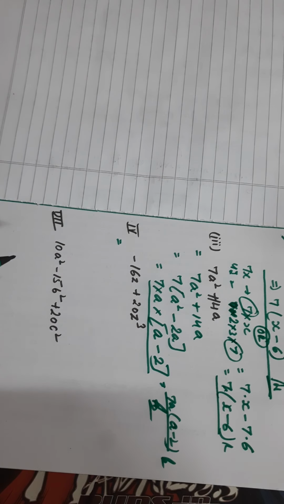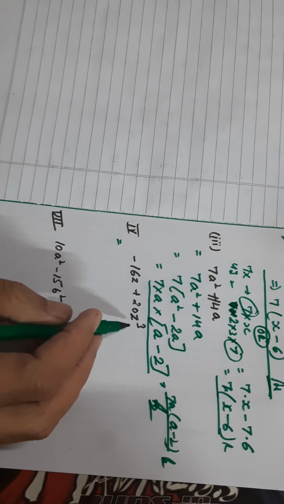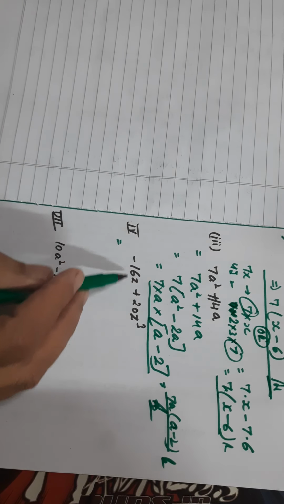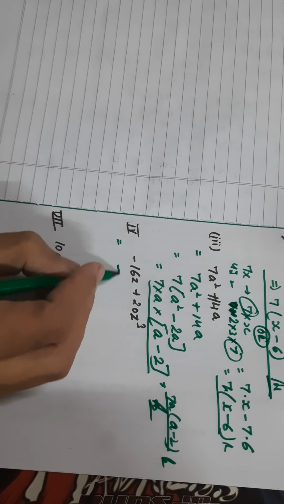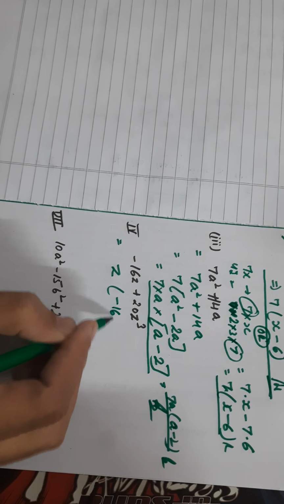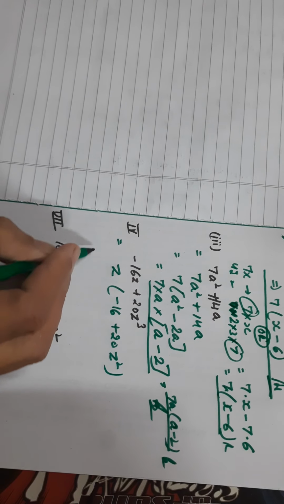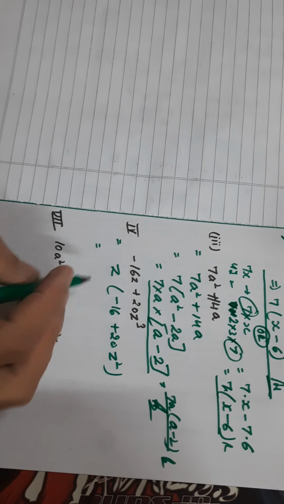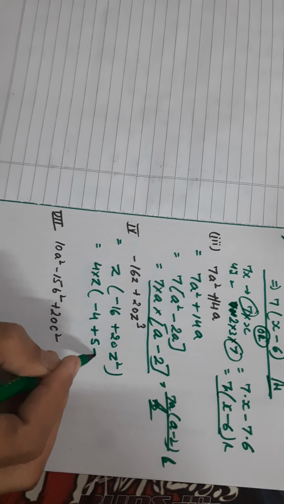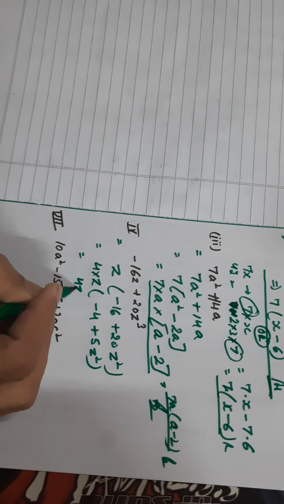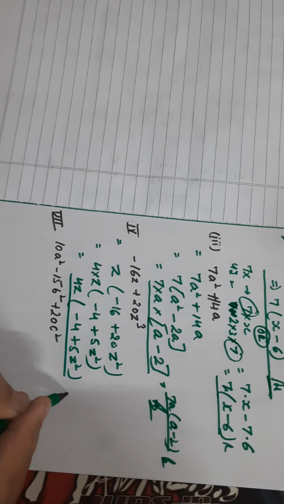Now the fourth part. It says minus 16z plus 20z cube. Now from the factor you can see minus is not common to both of these. You can easily find the variable z. First of all take the variable z. It is minus 16 plus 20z cube upon z, that means z square. Now 4 fours are 16, 4 fives are 20, you can take 4 also common: minus 4 plus 5z square. So our answer will be 4z times minus 4 plus 5z square, that will be our answer.